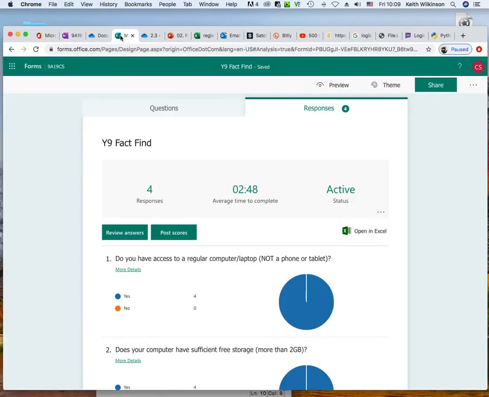I will be doing a lot of forms. It seems to be the best way of getting feedback from you, and it's not brilliant. I do require work on paper, and you can either photograph that and send it in via Show My Homework, or upload it. However you do it, you can even email it to me. But at the moment I'm bouncing off four walls with so many devices. I've made a little video of my working environment. I'll show you that later, and you'll understand that I've got so many devices, so many email accounts, etc., that I find it very difficult to keep track of things.